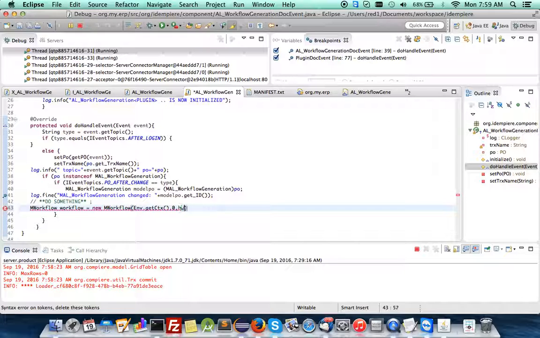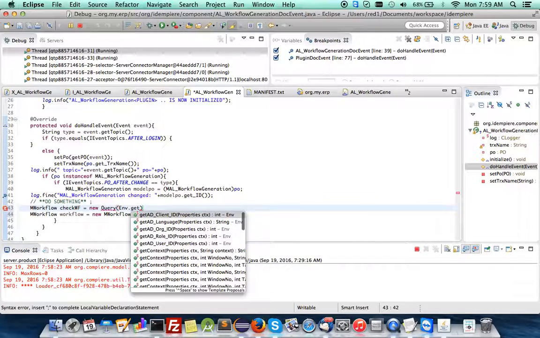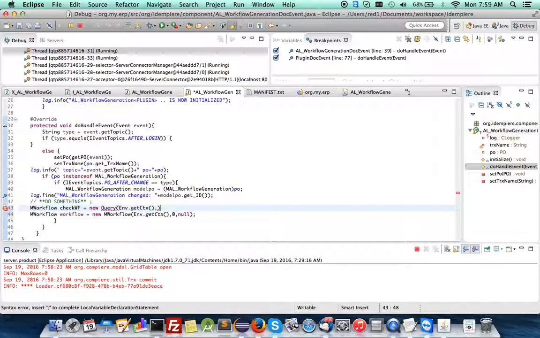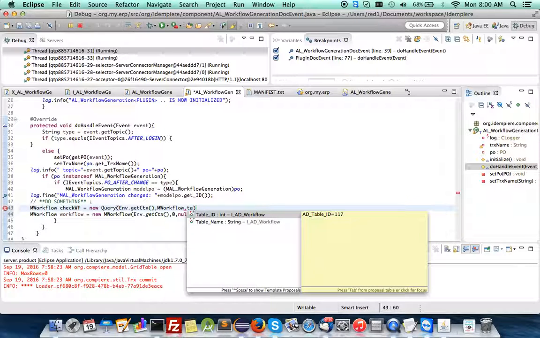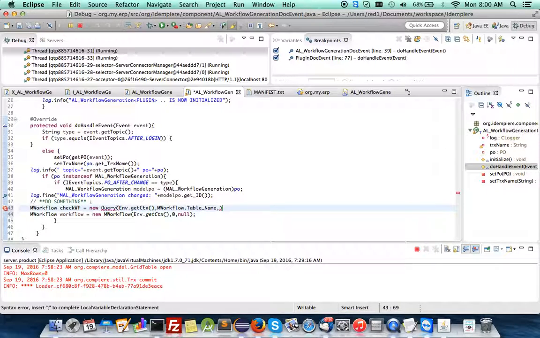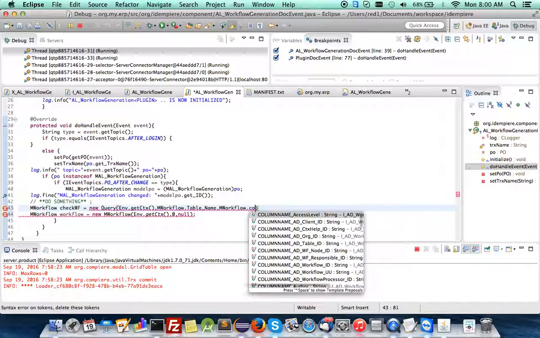And now for transaction, this will create a new workflow. But perhaps that workflow has existed before, so you've got to check the workflow to see if it really existed, and this is done by our own ORM, object relationship model. We do not use Hibernate. This is something created by the community some years back during the AdMPF fork, and this is how you do it. I've been doing it for years, so I basically memorized them, and what you're looking for is the column name